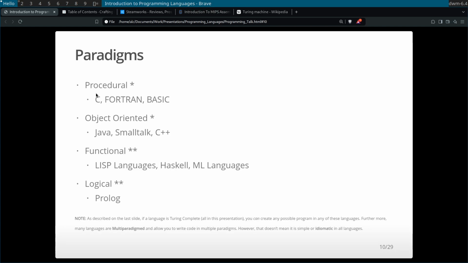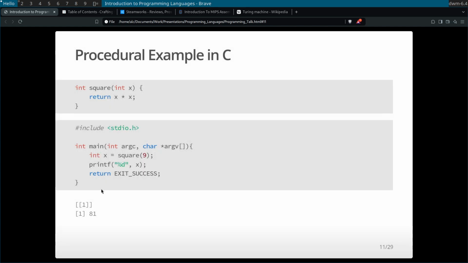So C theoretically could be written in a way that is declarative if you write a whole bunch of functions and then ship those functions out as a library. You're abstracting the actual step-by-step part and just giving it the declarative names. And likewise, you could kind of do that with these two in the opposite way. But let's look at some examples so you know what I'm talking about.